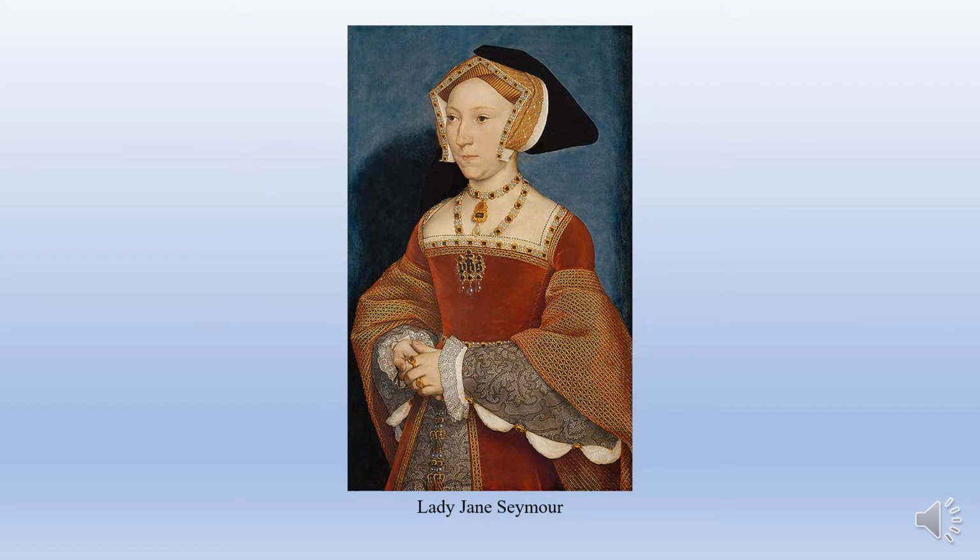The lady-in-waiting that he gets pregnant is Lady Jane Seymour, from another very powerful English family, the Seymour family. Jane Seymour is one of Anne Boleyn's ladies-in-waiting, and he realizes, again, here's another woman whose family has produced many, many male heirs. So he's very interested in getting married to her as quickly as possible. So he goes to his authorities, and he says, "I need a divorce from Anne Boleyn."